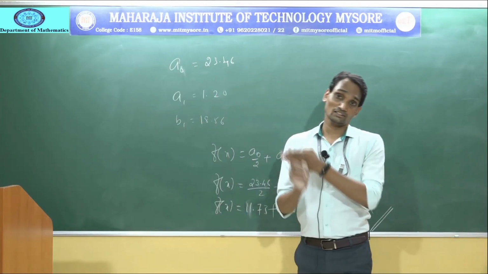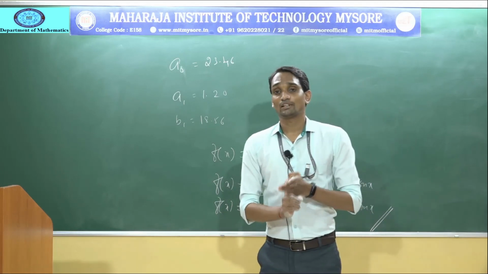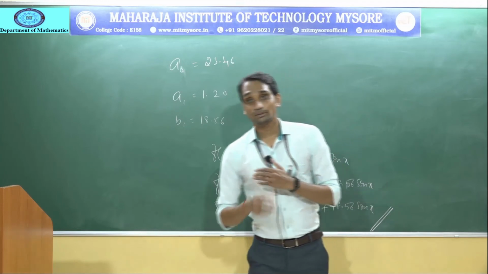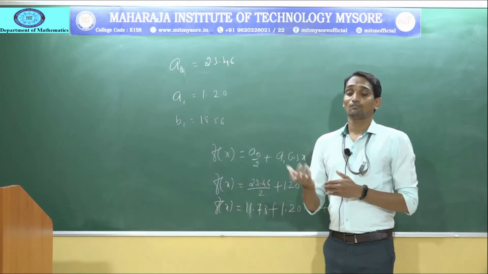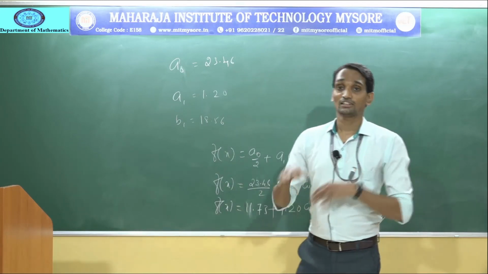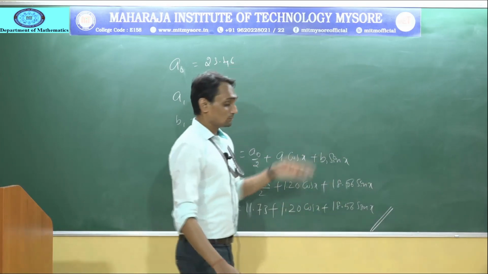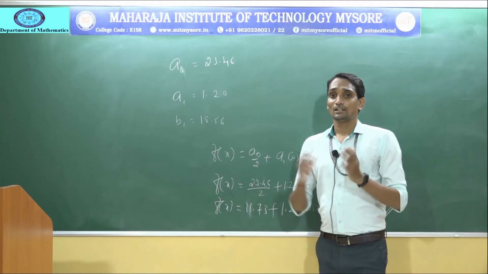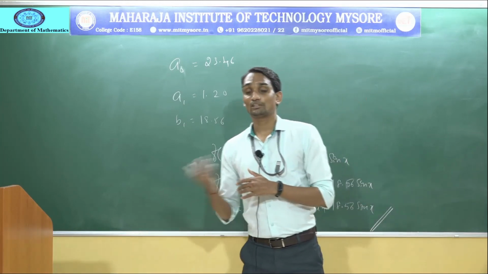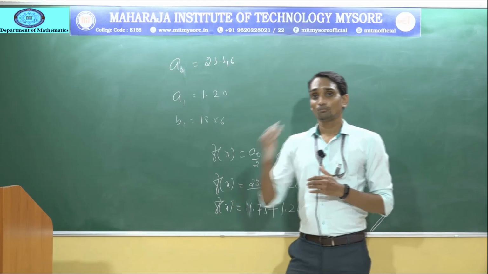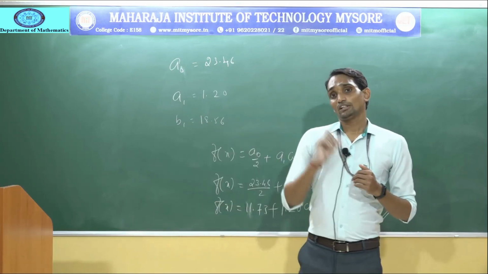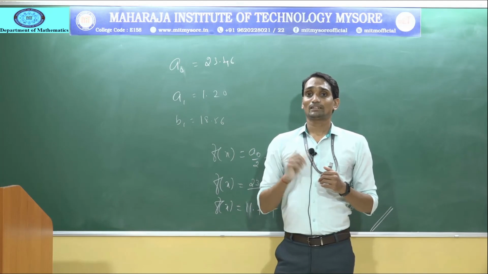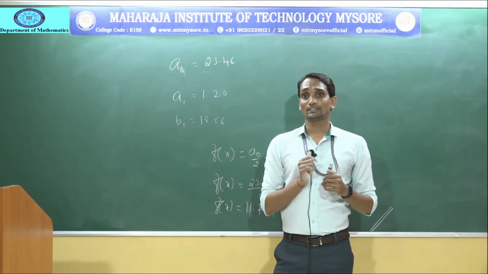For an arbitrary function, the first thing is calculating the L value. Remember, in a periodic function we don't calculate the L value; we just apply the formula and integrate. In Fourier series and in half range series there is integration, but in practical harmonic analysis there is no need to integrate. First harmonic means a1, b1; second harmonic means a2, b2. For an arbitrary function, L equals (b minus a) divided by 2, that is for Fourier series.